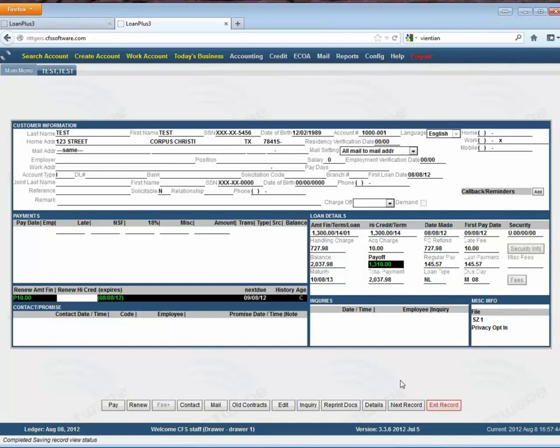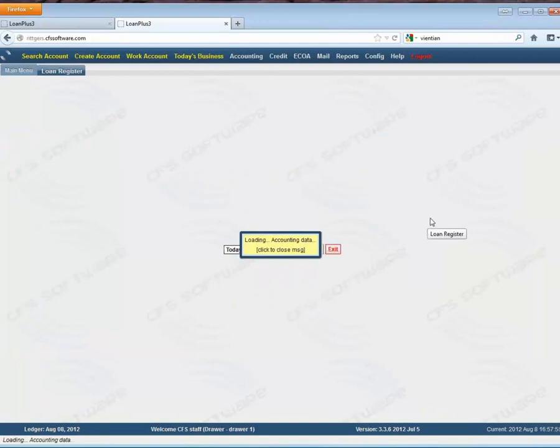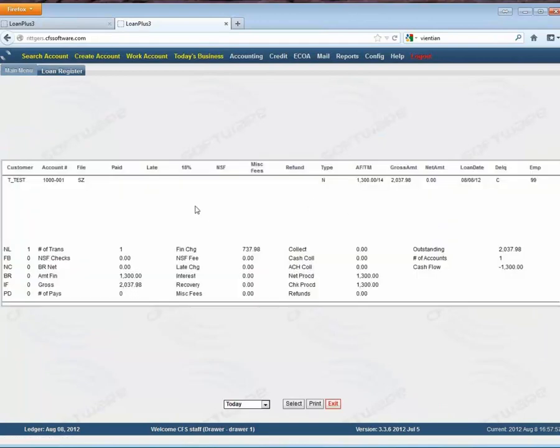Okay, now that was a small loan, and now that the loan is made, I'm going to show you the loan register. It's pretty much what we call today's business here. If you click on that, the loan register is pretty much a transaction log of all your financial transactions. If you made a payment, if you refinance a customer, if you renew a customer, it will all show on here. And of course, we made a loan for test here, the account number,